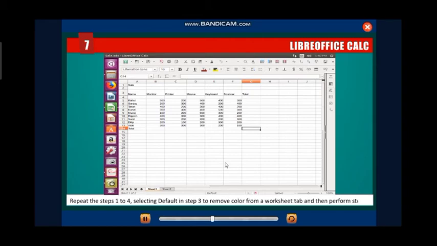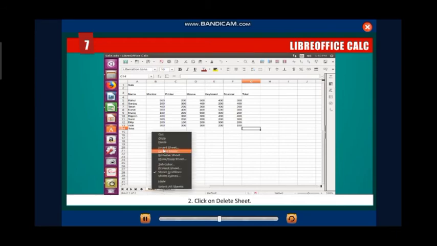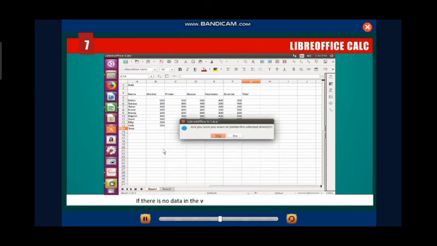Now let's delete a worksheet. You can delete a worksheet you no longer need in your workbook. Before deleting, children, maybe there is important data in your worksheet, so always check the sheet content before deleting. Maybe some important data is there. After you delete a worksheet, it is permanently removed from the workbook file. So check it once. For this, right click on the worksheet tab, click on delete sheet.